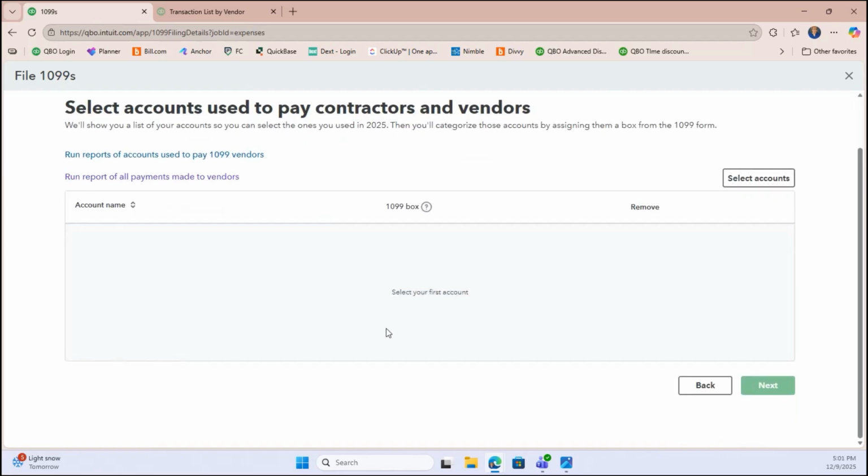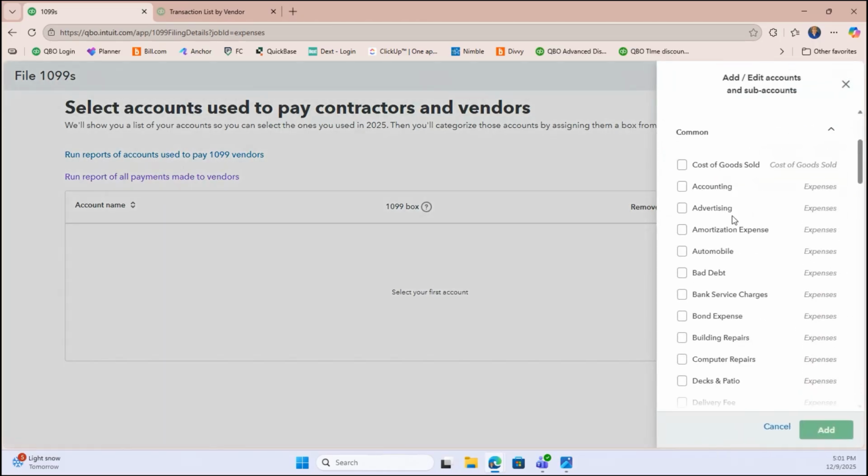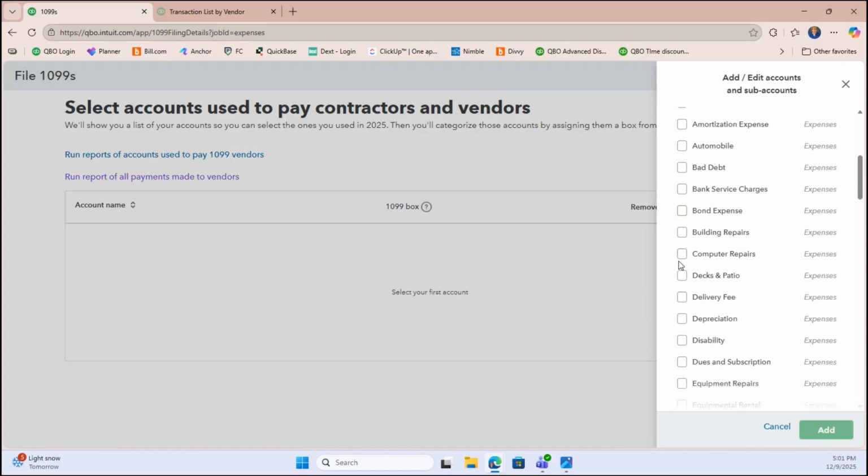And it is coming up with nothing because we need to make sure that we select all the accounts we want to use. So we always want to hit Select Accounts. And this is where we choose which accounts we're going to use. It won't necessarily create it for all the expenses, but if you have marked a vendor to receive a 1099 and the expense for the vendor is in one of these accounts, it will then bring it in for the 1099s. So I'm going to put in computer repairs and